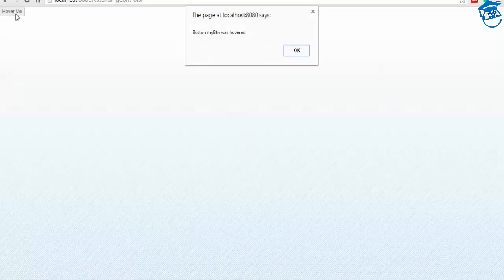Once I mouse over, there's a button, and when again mouse over, it will come. Okay, and again when I go here, mouse over, see the button was mouse over. So you can do like this. I'm extending a control. So we'll see line by line, and compare how it has been displayed here.